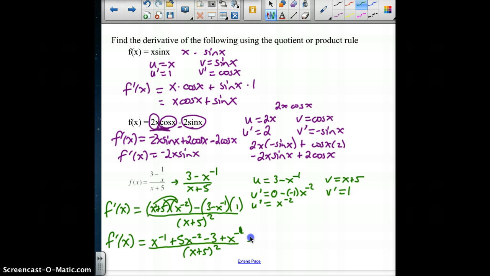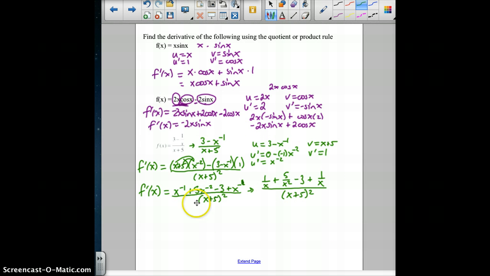We're still not multiplying out the denominator. So rewriting x to the negative 1, we've got 1 over x. Rewriting 5x to the negative 2, we've got 5 over x squared, minus 3, and then plus 1 over x again. So we can't leave it with a complex fraction like this. So let's get a common denominator on the top. Let's use x squared. So multiplying this